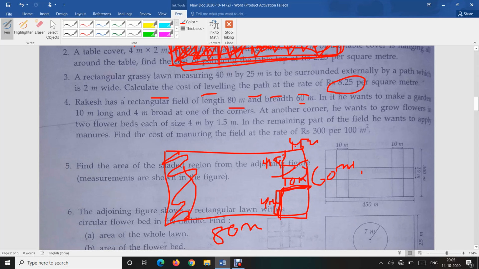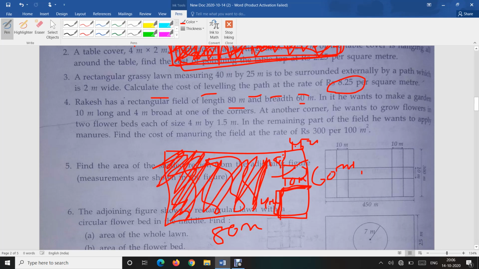In this part he wants to apply manure. Find the cost of manuring the field at the rate of rupees 300 per 100 meter square. That means we have to find out the area of the remaining portion. For that, first of all we have to find out the area of this rectangle. After that we have to find out the area of this rectangle, and after that we have to find out